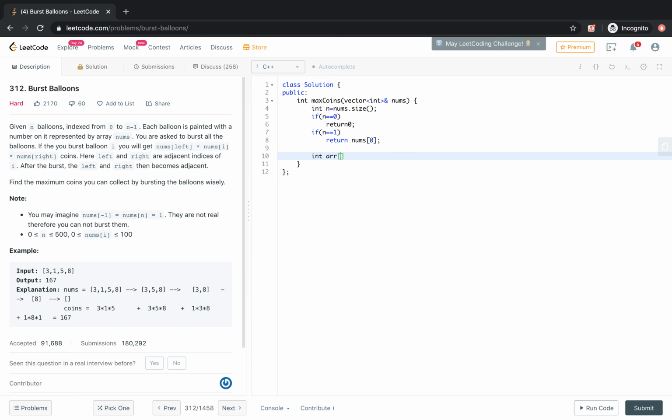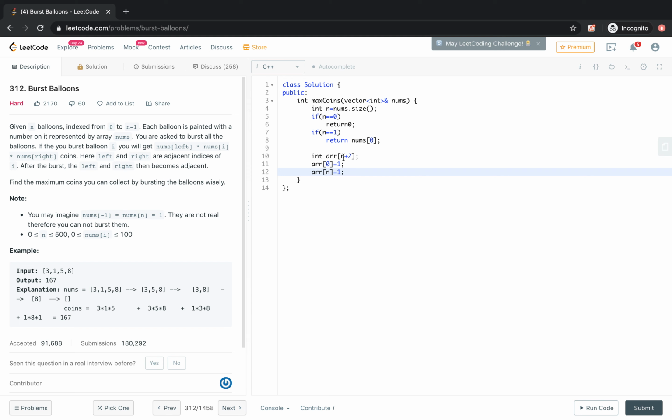So we have taken an array of size n plus 2, and array of 0 is 1, and array of n plus 1 equals 1.